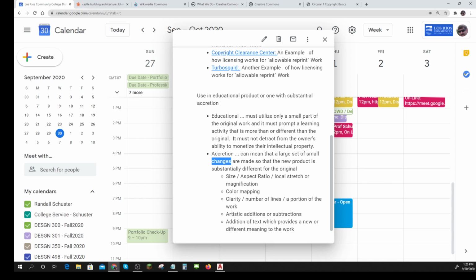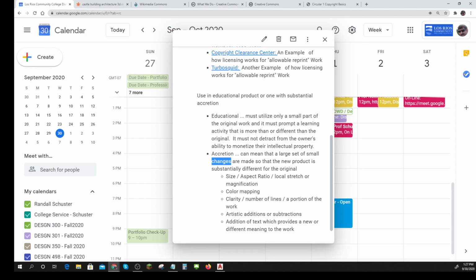If I've got the Mona Lisa and I pixelize it and I do some sort of cool mathematical function that makes the inside pixels bigger and the outside pixels smaller, and I invert all the colors, see, all of a sudden, it's something that truly is different. It's a different thing, even though it started with the Mona Lisa.